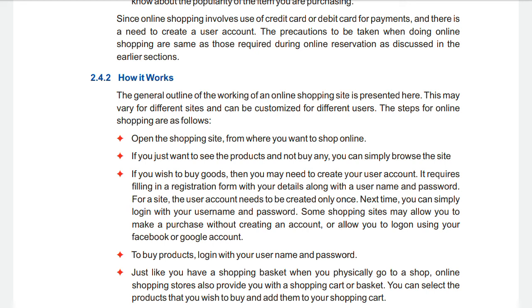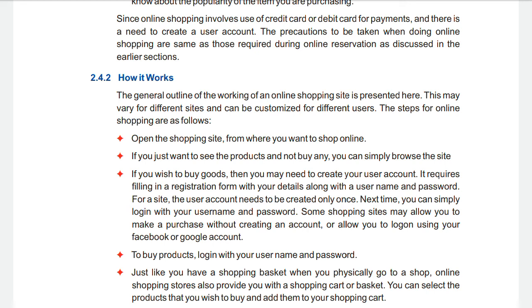It means that there are different applications, different companies. So it depends upon the company which feature they are providing you. Some applications ask you to fill in the form and sign up or register. And after successfully registering, you can log in with the help of your username and password.